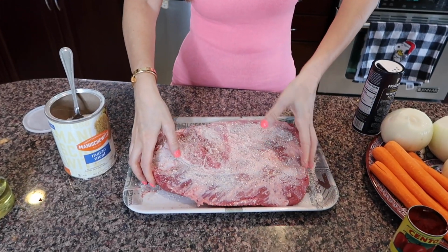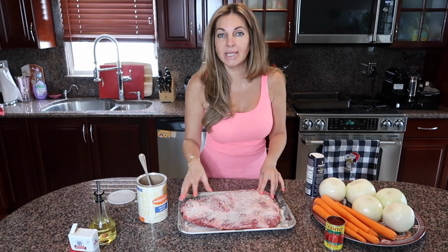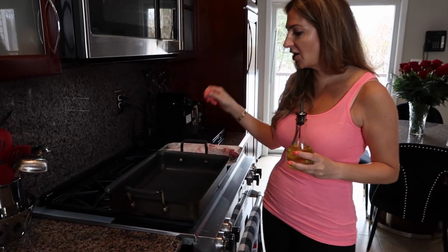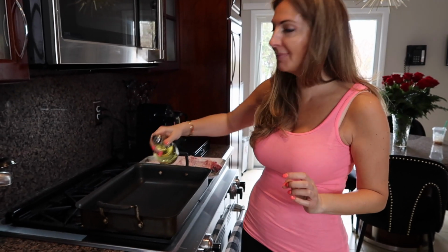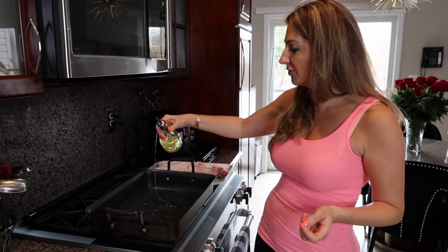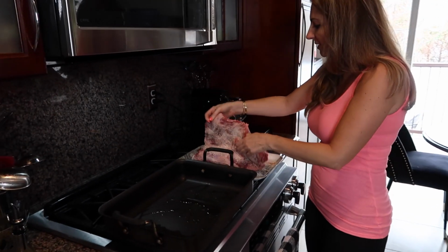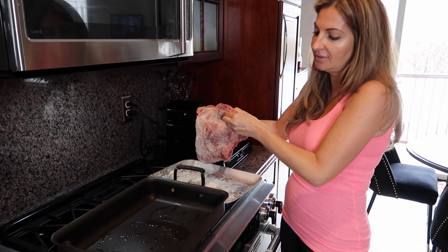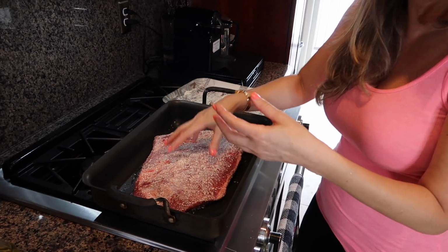And now we need a big frying tray that I'm gonna use for frying the brisket and then put it in the oven. So now come to my stove and let's continue. I have this large tray that I'm gonna fry my brisket in and then roast in the same thing, but you could use something else to fry it and then roast in a different dish. So I used about 3 tablespoons of frying oil, and now I take my brisket and shake off the extra flour or matzo meal, and you just put it down and let it sear